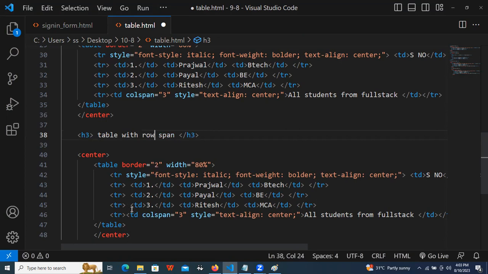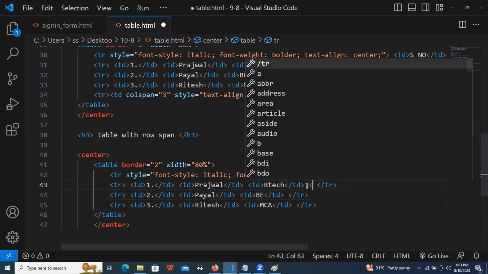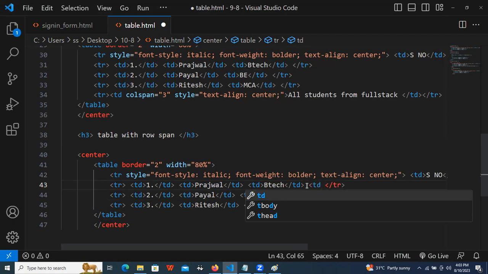Okay, so the last one you can remove or keep it. Now I want to take one more TD for all the rows, one extra TD here. And this particular TD needs to occupy